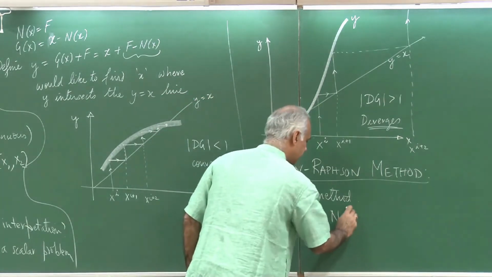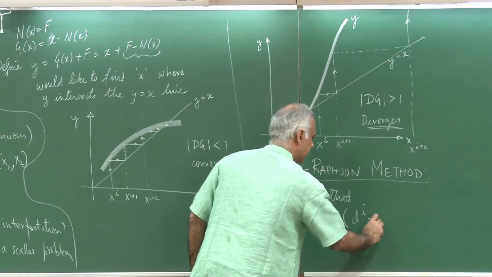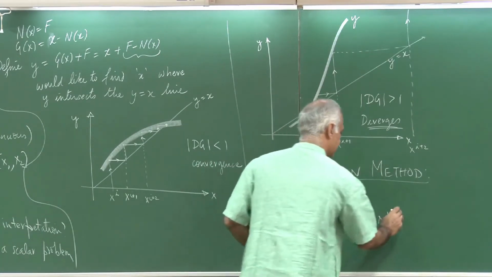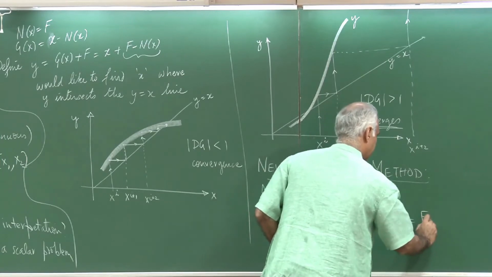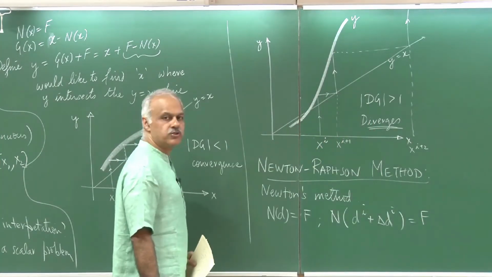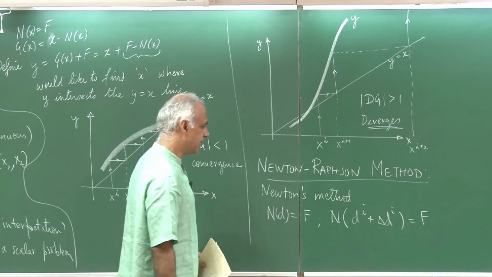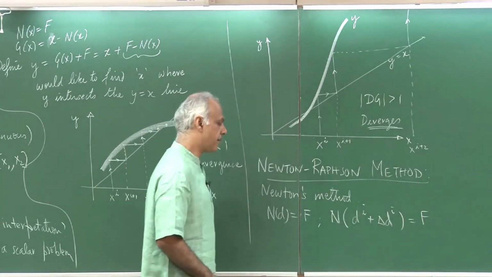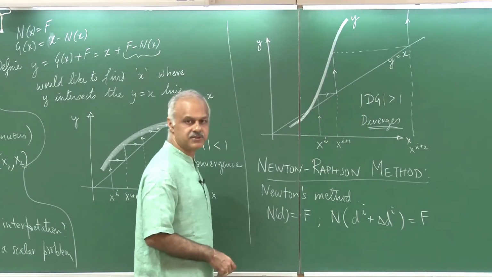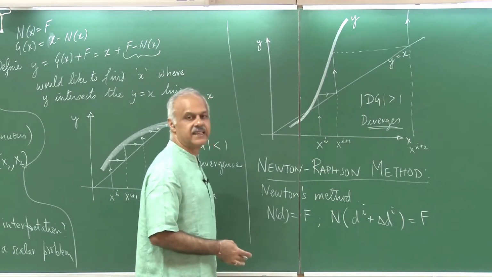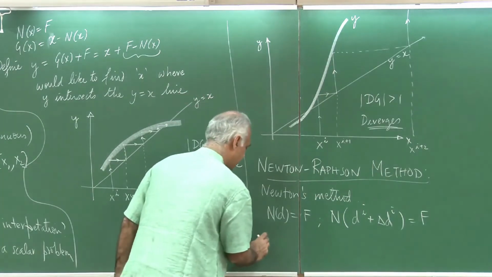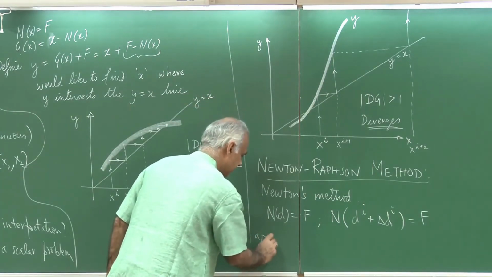So I am going to write this as N(di plus delta di) equal to f. And now I am going to use the Taylor series expansion. So if I expand this in terms of the derivatives, there will be many terms, but I will ignore the second order terms and I will only retain the first order terms. So this I am going to approximate